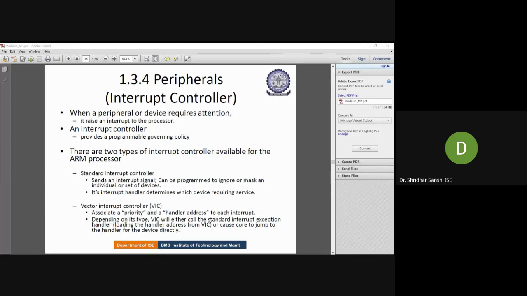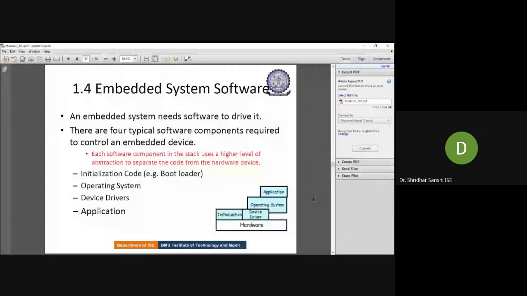initialization code. What is the work of the initialization code? First it will set up the memory so that the proper image can be loaded. And also it will check for diagnostics. It will check whether all the devices connected to the embedded system are working properly or not. If it succeeds, then it will go for booting an operating system. Once booting is done, the control is given to the operating system. That is the initialization code.